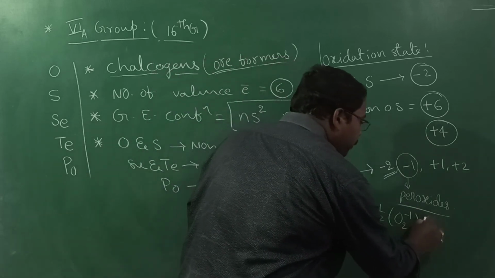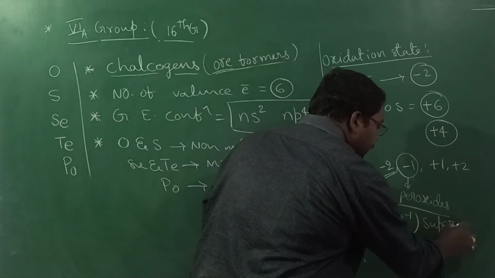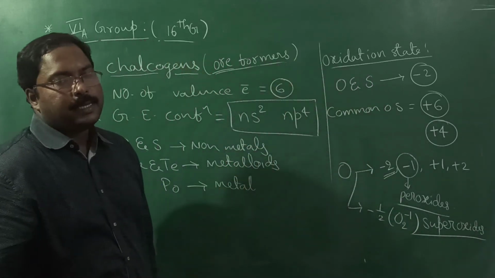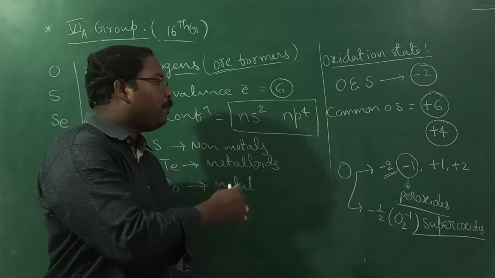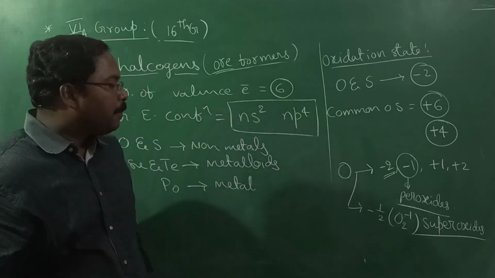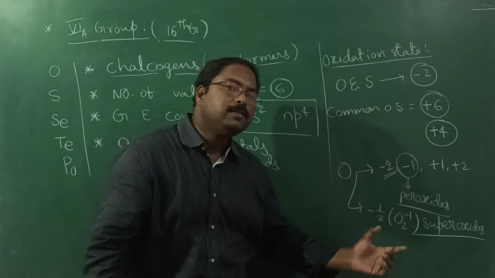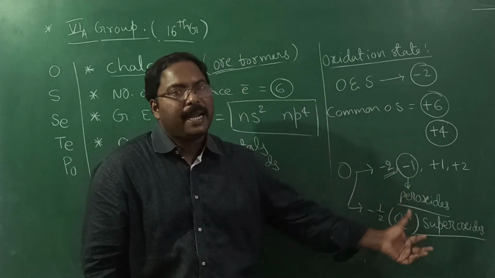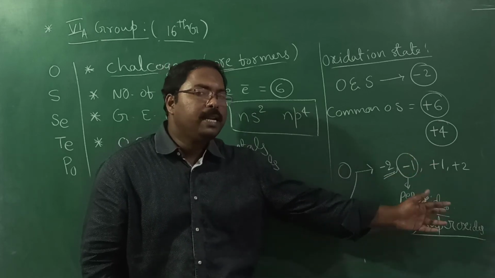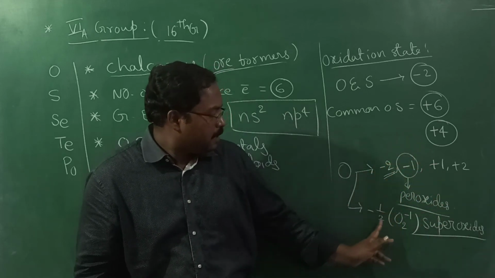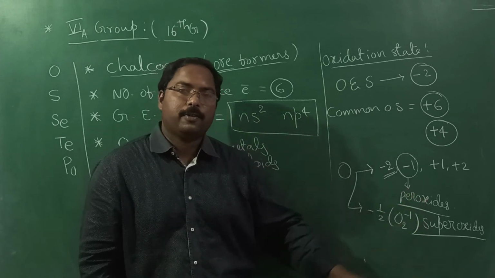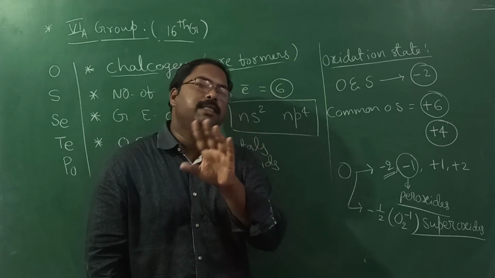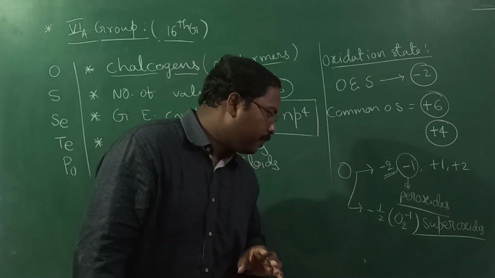This is in the case of superoxides. In the redox reactions lesson, we will discuss in detail about oxidation states. But oxygen oxidation states are important, so that is why they are mentioned in this topic. So oxygen mostly shows -2, but shows -1 in peroxides, -1/2 in superoxides, and +1, +2 also only when it reacts with fluorine.